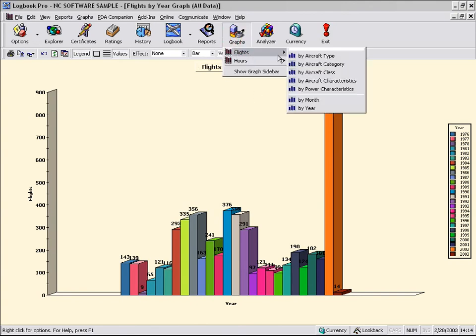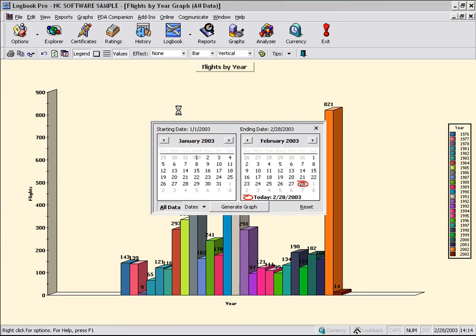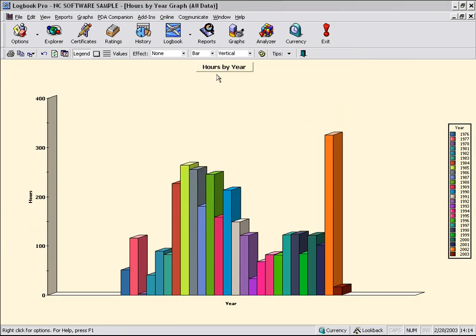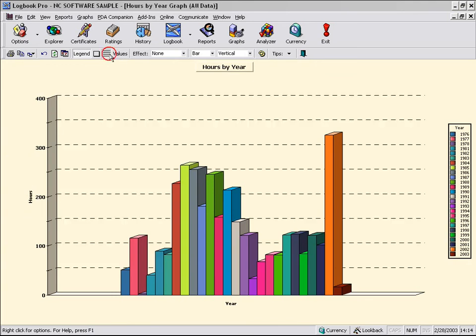Plenty of graphs. You can actually look at graphs by aircraft type, category, class, aircraft characteristics, power characteristics, month and year, and then you can look at the same presentation. In this case, we'll go hours by year. Remember, right now we're looking at flights by year, and you can see here is your year axis, here's your hours axis. If you actually to show the grids, we can see that we're just over 300, which is this